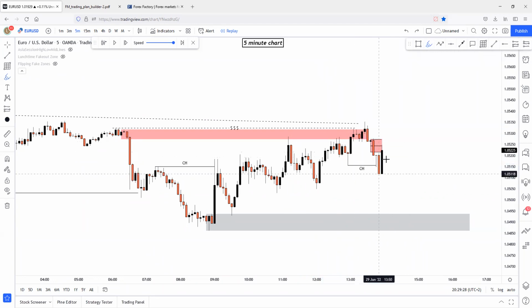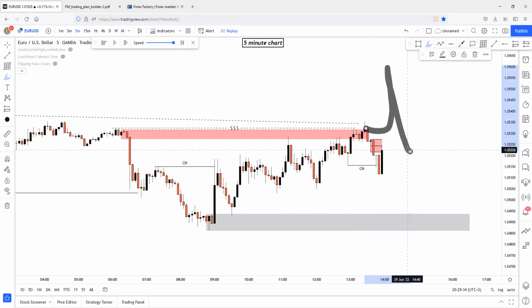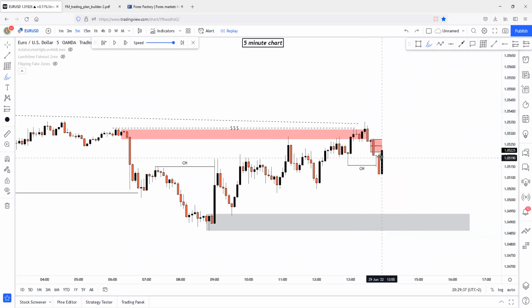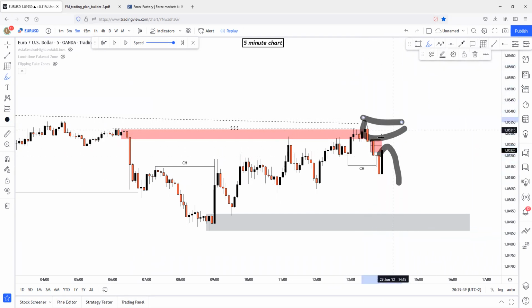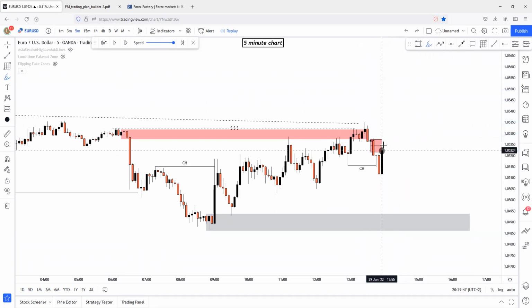There's an extreme 5-minute too. Yeah, there's an extreme, but this extreme is heavily part of the liquidity. So more likely if this extreme is being tapped, then the sweep will happen to the upside. But if price reacts on this zone, then more likely this sweep won't happen, because this is just part of the liquidity, and if it's part of the liquidity, the sweep has a really high chance to happen. If the decision zone isn't part of the liquidity, the sweep has a much lower chance to happen.